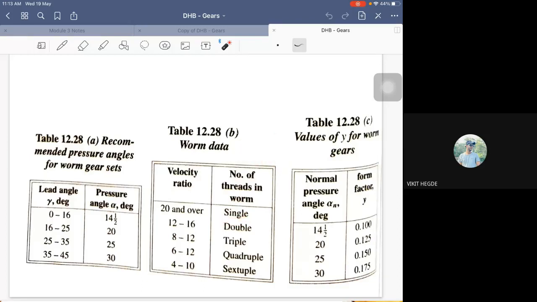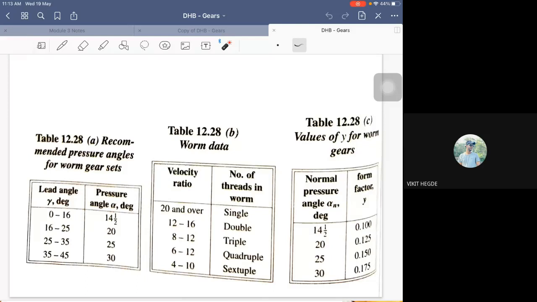Suppose your velocity ratio is in and around 10, I'm just giving an example, then it comes in the range of 10 to 12, isn't it? So in this, what is the recommended number of threads in the worm? It is triple. That means you have to take the Z1 value as 3, right? So as in case of this thing,